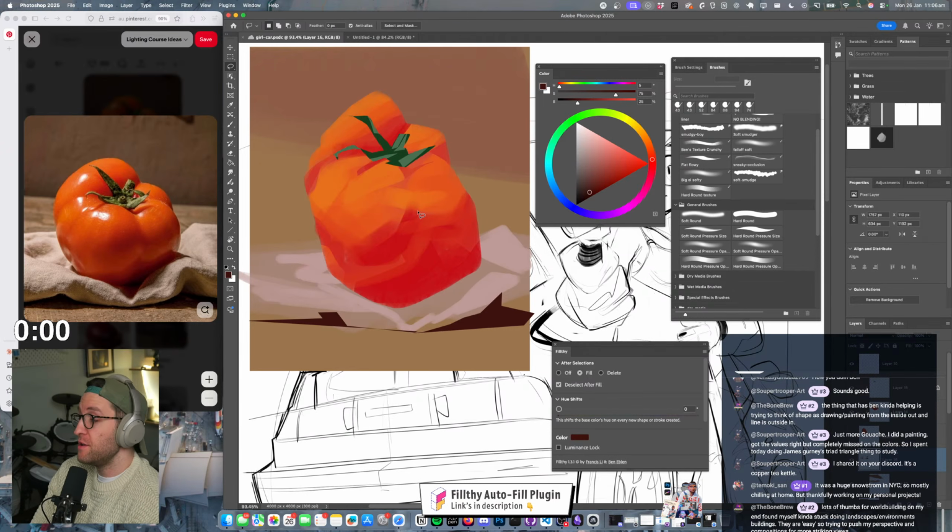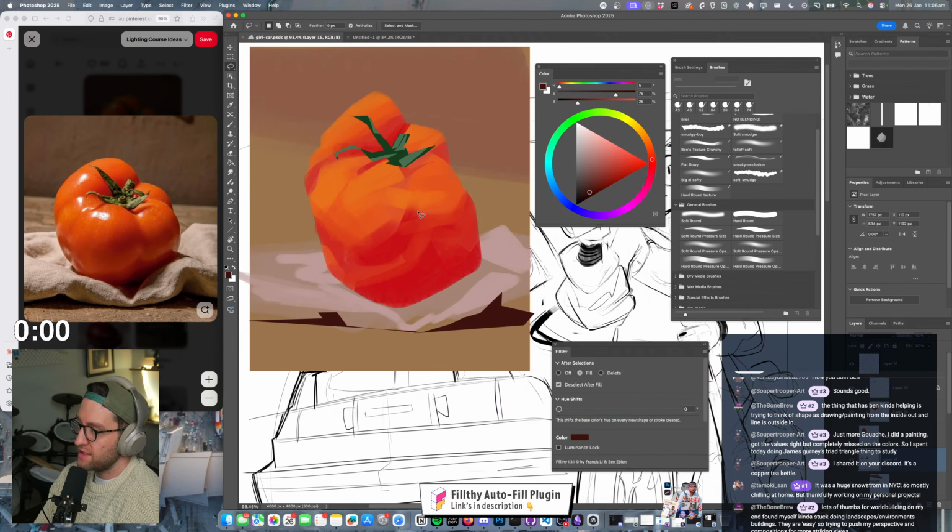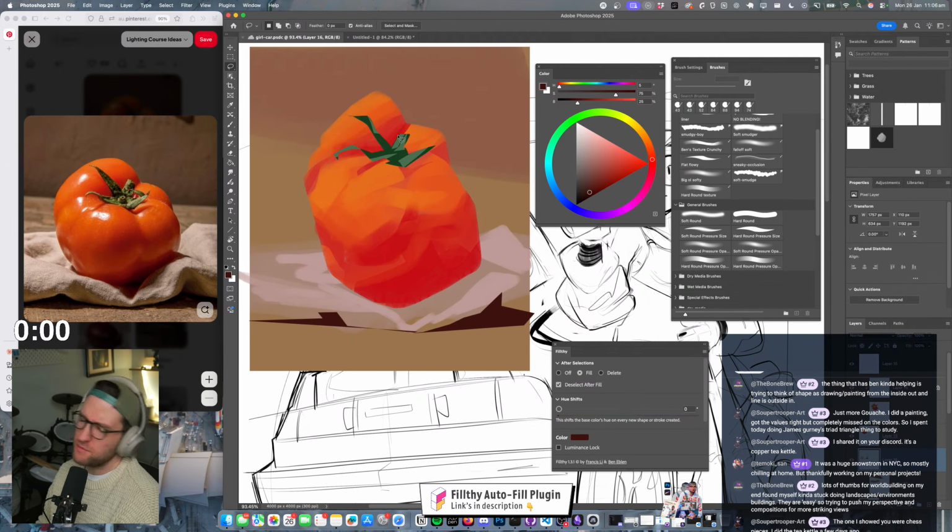It was a huge snowstorm in New York City, so mostly chilling at home, but thankfully working on my personal projects. Beautiful, Tomoki. Lots of thumbs for world building on my end. On my end, found myself kind of stuck doing landscapes and environments and buildings. They're easy, so trying to push my perspective and compositions for more striking views. Beautiful. Yeah, I'm focusing a lot more on composition lately as well with my personal stuff. That's a goal of mine, is to get more interesting things on the page.